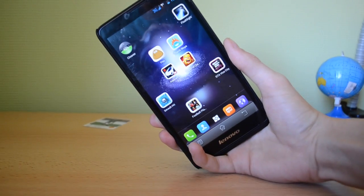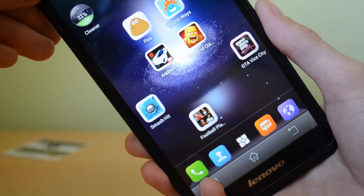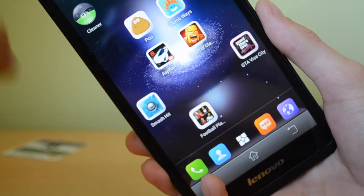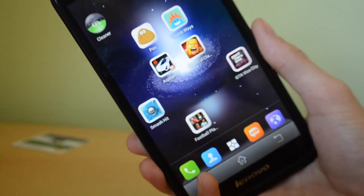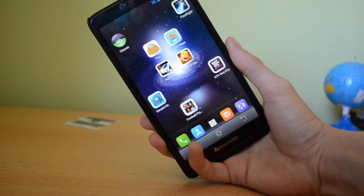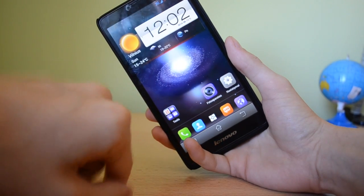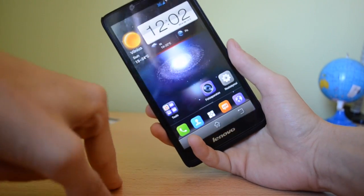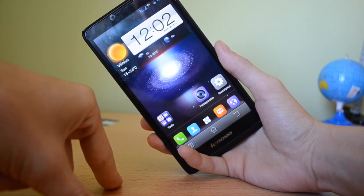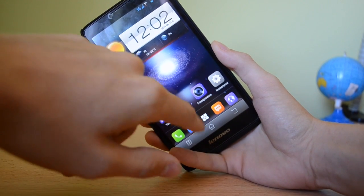It works pretty good because it is made by Lenovo and cleans all the stuff which isn't important at that moment and frees the RAM how you want. Talking about the music quality, as everyone knows, most Android devices